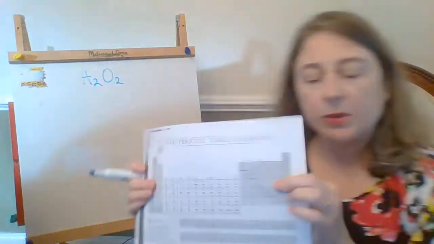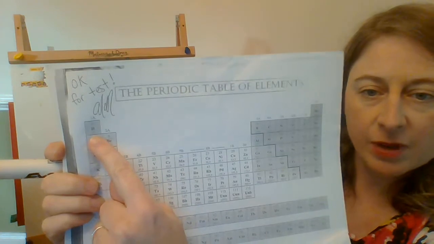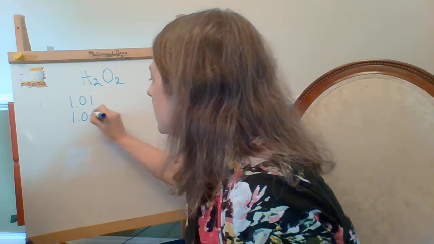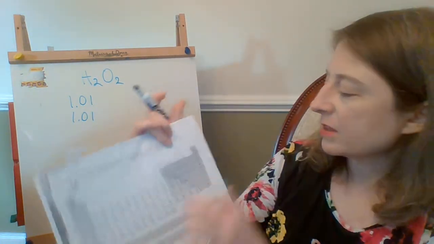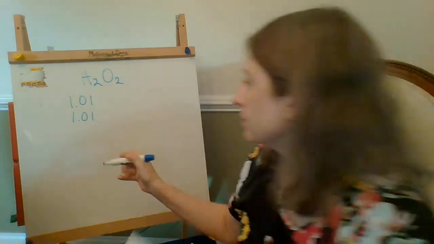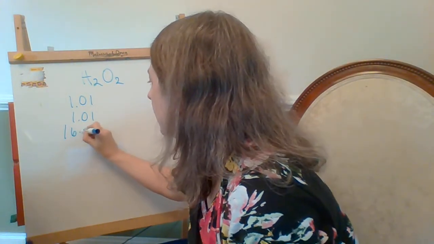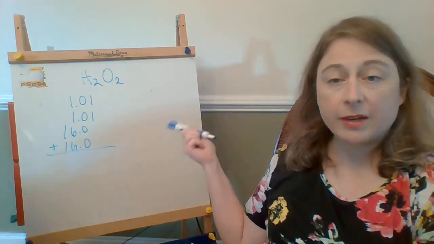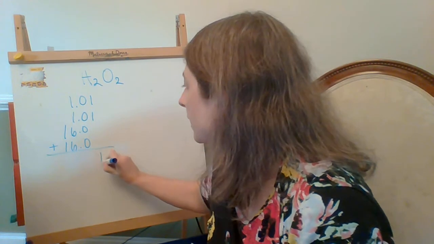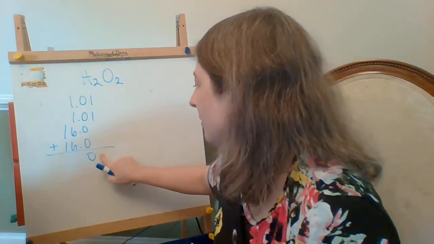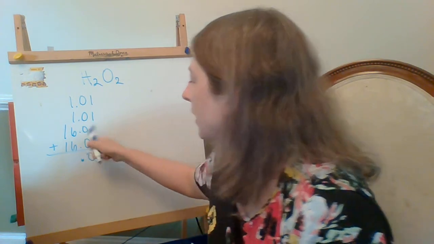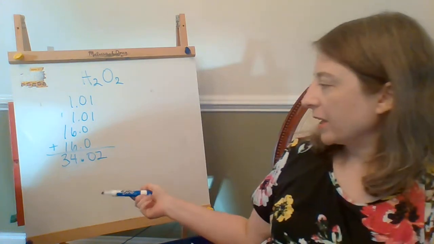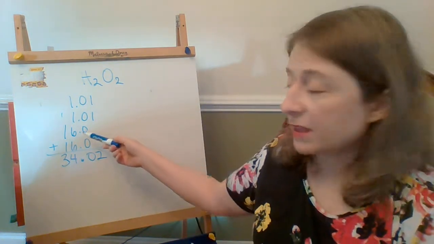I've got my periodic table. I look at hydrogen, the mass of a hydrogen. Average hydrogen is 1.01, and there's two of those, right? And then the mass of oxygen here, 16.0. There's two of those. So if I add up the masses of all four atoms in this molecule, right? Oh wait, 1 plus 1 is not 1. There we go. And then 12, 13, 14, and then, okay, so I get 34.02